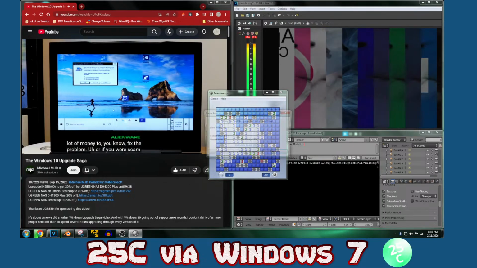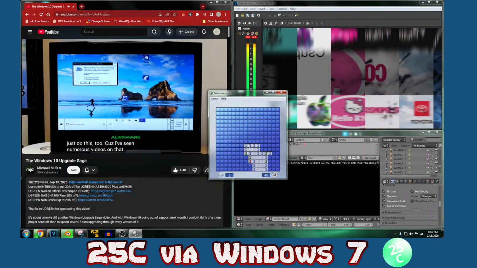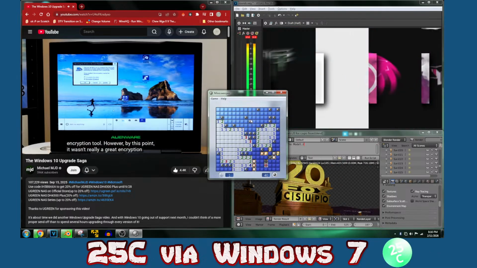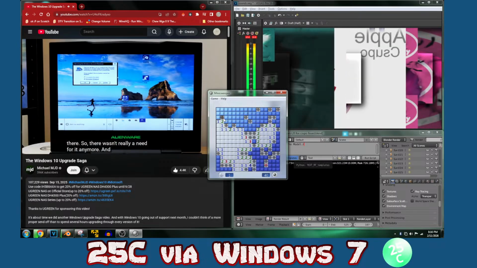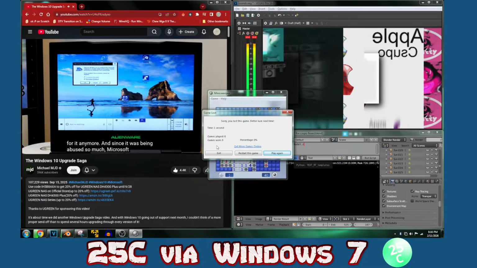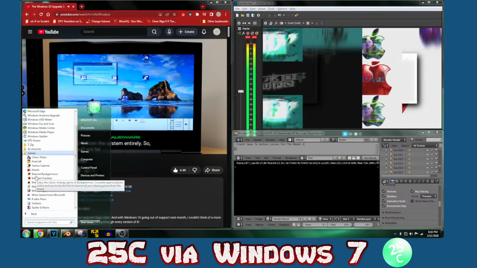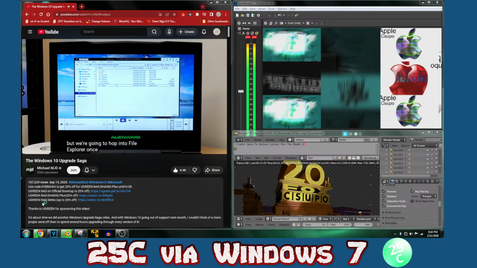Or if you were scam baiting them and they got mad at you, they would just do this too, as I've seen numerous videos on that. But this is an encryption tool. However, by this point it wasn't really a great encryption tool, and there were better solutions out there, so there wasn't really a need for it anymore. And since it was being abused so much, Microsoft just decided to cut it from the system entirely. So this will not be in the next build, but we're going to hop into File Explorer once again